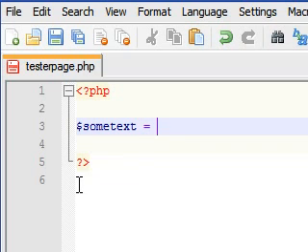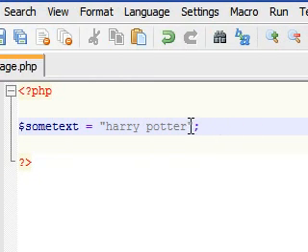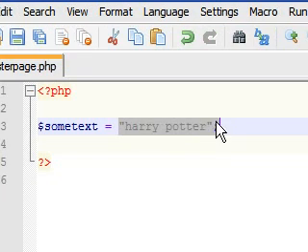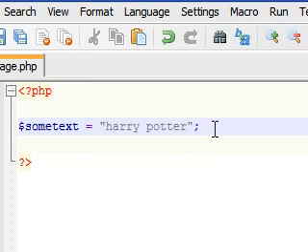So you use the equal sign, and we'll set this equal to Harry Potter. Again, it's text, put it in quotation marks, end it with a semicolon. So now I have a variable, some text, that has the value Harry Potter. Oh man, that was embarrassing.